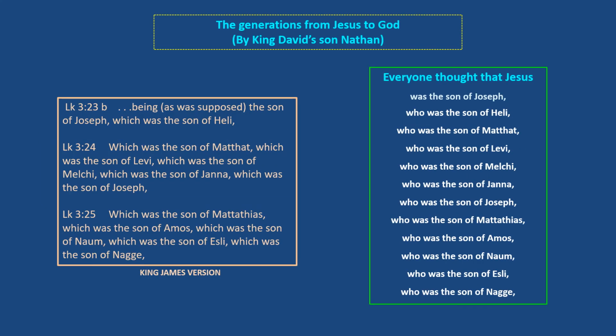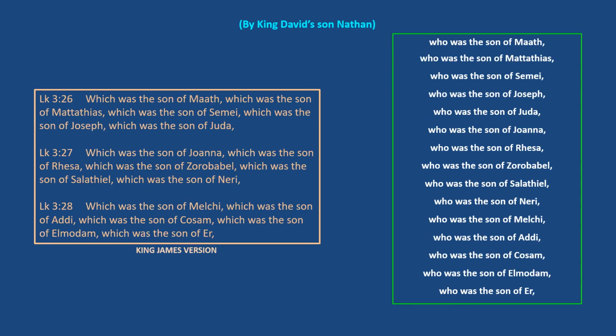Now, here are the generations from Jesus to God by King David's son Nathan. Everyone thought that Jesus was the son of Joseph, who was the son of Heli, who was the son of Mathat, who was the son of Levi, who was the son of Melchi, who was the son of Janah, who was the son of Joseph, who was the son of Mattathias, who was the son of Amos, who was the son of Nahum, who was the son of Esli, who was the son of Negi, who was the son of Math, who was the son of Mattathias, who was the son of Semei, who was the son of Joseph, who